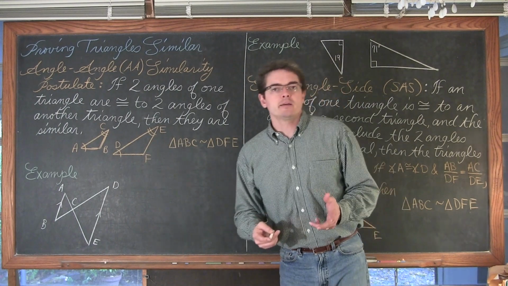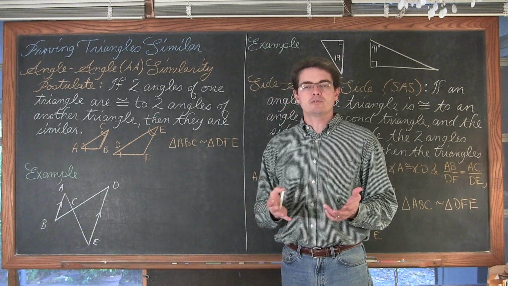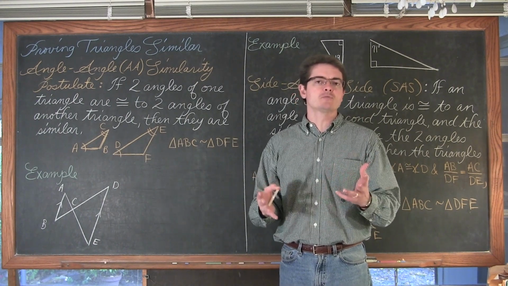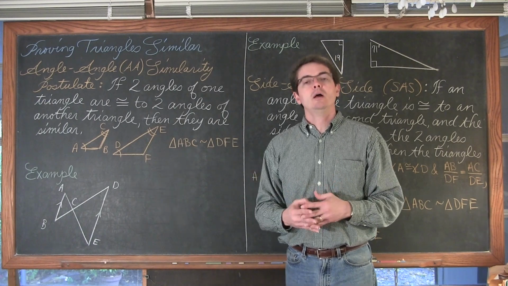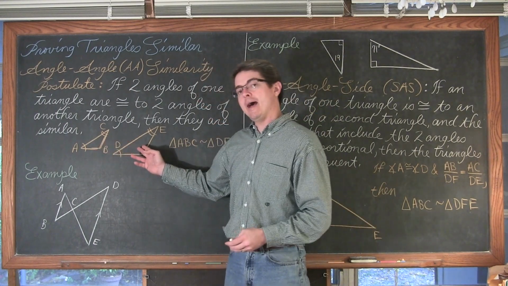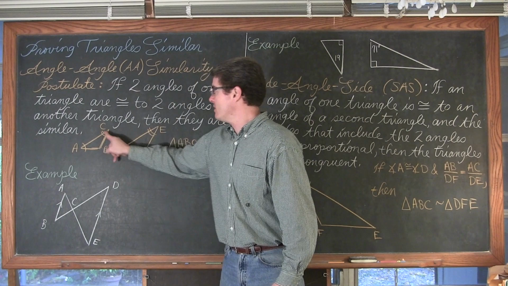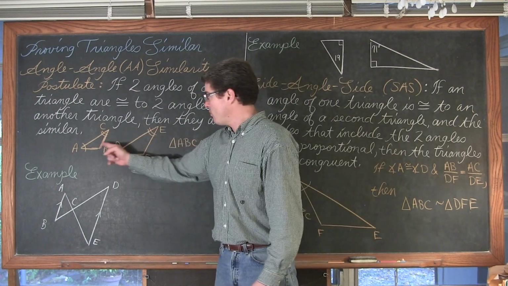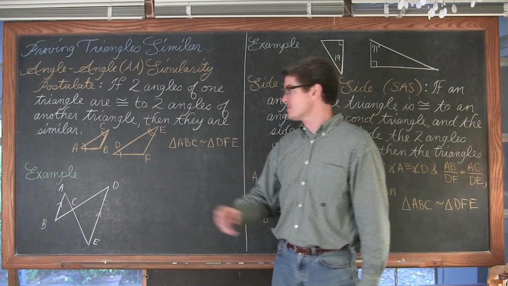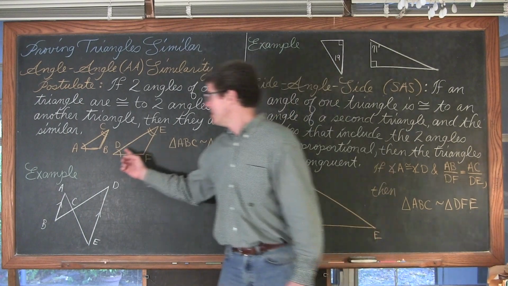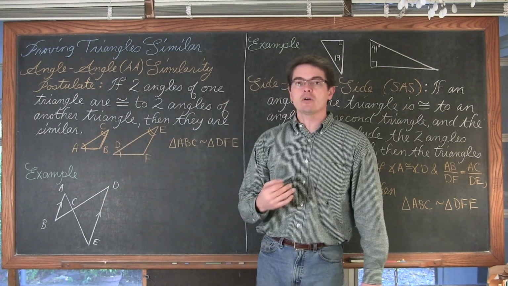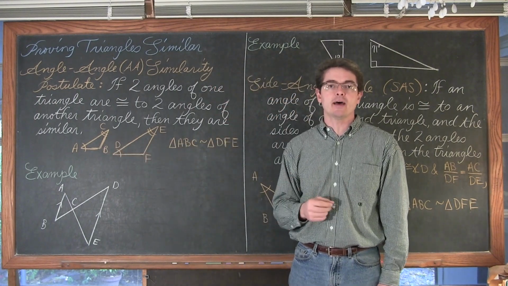Remember that when we just studied similar polygons, the first condition was for 2 polygons to be similar, all of the angles had to be congruent. All the corresponding sides had to be proportional in size as well, but that first condition was all of the angles had to be congruent. And that kind of automatically happens in your 2 triangles. If you have 2 pair of angles which are congruent, you only have 1 pair of angles left, and the sum of the interior angles of triangles has to be 180 degrees. So if these 2 angles are the same, and if these 2 angles are the same, then automatically angle B and F are going to have to be congruent as well, because those 3 angles have to add up to 180 degrees.